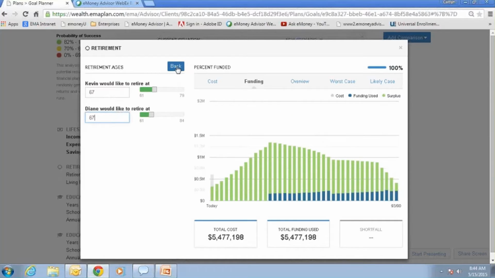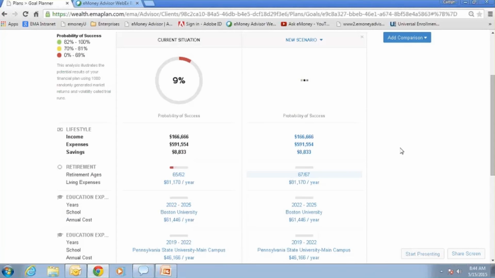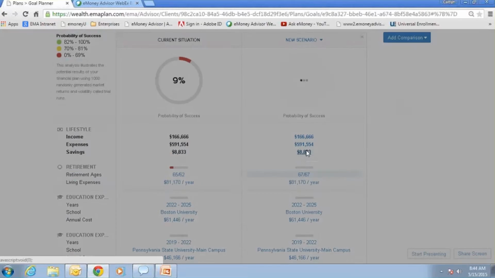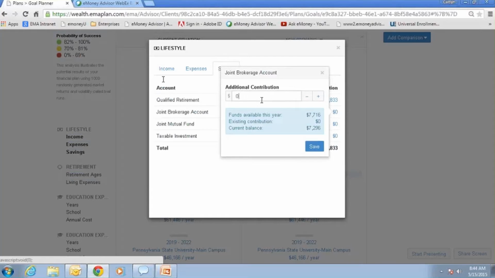So we will click that. And one other thing I want to look at for them right now is the difference between the expenses and savings. So we can click into savings and it's going to pull up all of their accounts. And again, slide the iPad, slide the mouse over and ask them, what is a realistic goal for you to save each year? We click into the brokerage and we can say that, all right, $15,000 a year is realistic